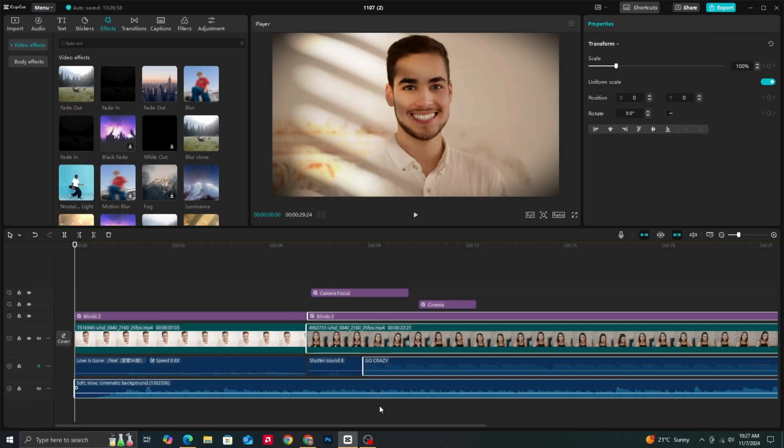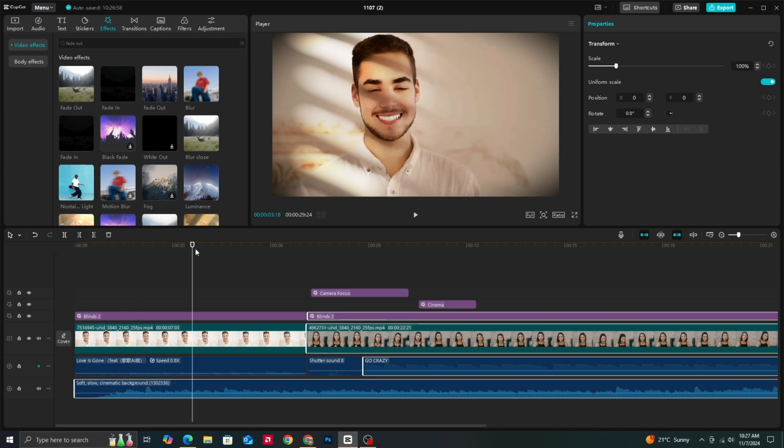How to render videos in CapCut. Let's get started. How to render video in CapCut. As you can see, the yellow line shows that our video is not rendered, and it might not play properly when we export or